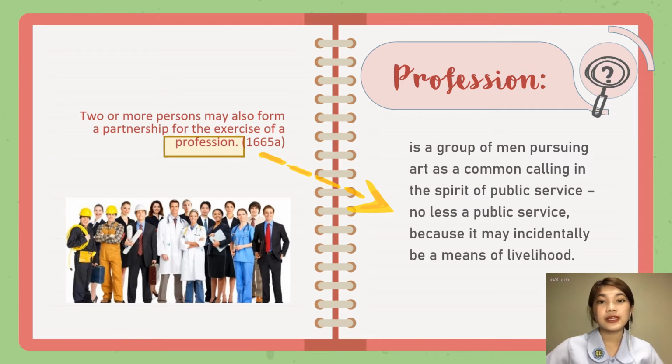Strictly speaking, the practice of profession is not a business or an enterprise for profit. However, the law allows a joint pursuit thereof by two or more persons as partners. That is under Article 1783, which will be discussed by the other reporters. In such cases, it is the individual partners and not the partnership who engage in the practice of the profession,